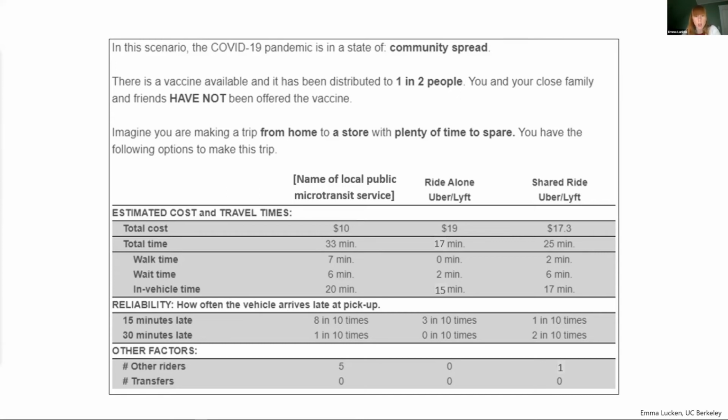There was also a ride alone Uber, Lyft, shared ride Uber, Lyft. We had drive alone in a personal vehicle for respondents who had reported having access to a personal vehicle. We had fixed route bus. We also had 2 first mile, last mile modes. So both this public microtransit as an access mode to fixed route bus, and also an Uber and Lyft as